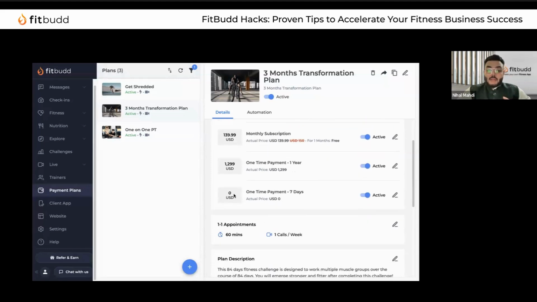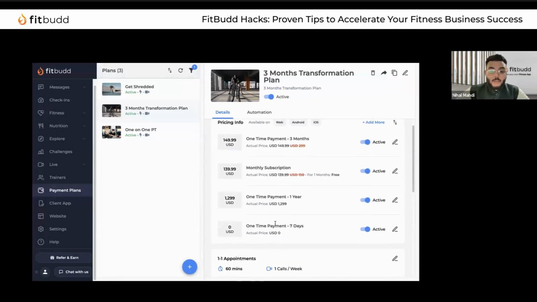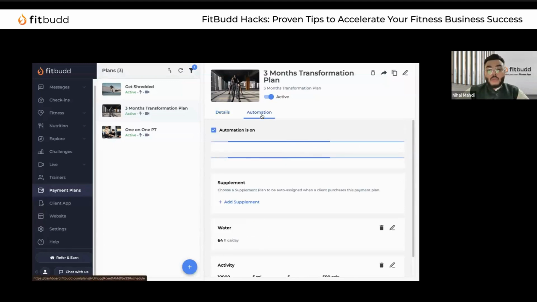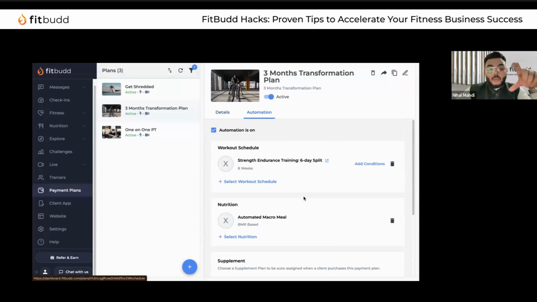And for the $0 plan, these are exclusively a free plan wherein your clients are just entering their email address and their name, and they are purchasing this particular program. And with this program, you can also use the automation feature. Now, the automation is available to the Pro plan, the Super Pro plan and Elite plans. If you are on an Initiate plan and you want to utilize the automation feature, you need to upgrade your account. The automation will help you a lot